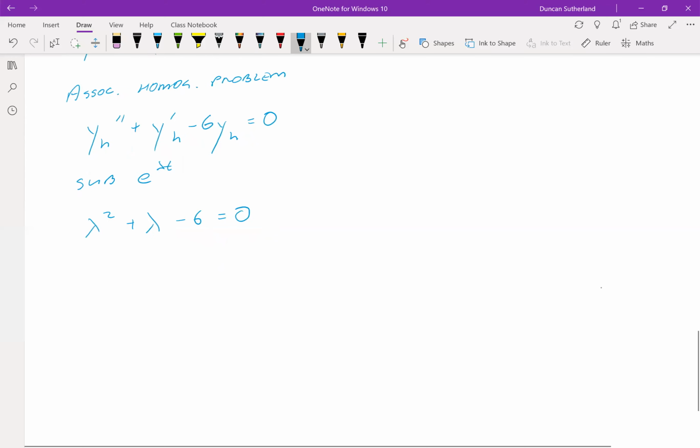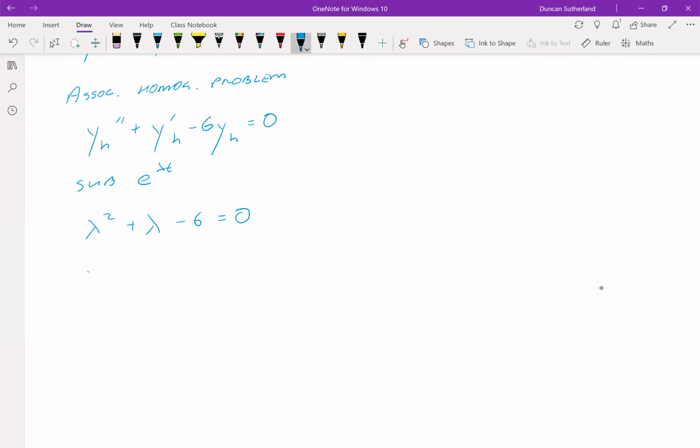That's a quadratic. It's actually one that factors quite nicely. I rarely do them by factorization, but this one has nice factors. So we've got now two real eigenvalues, and our homogeneous problem has general solution